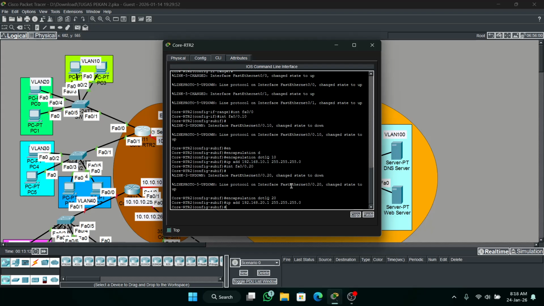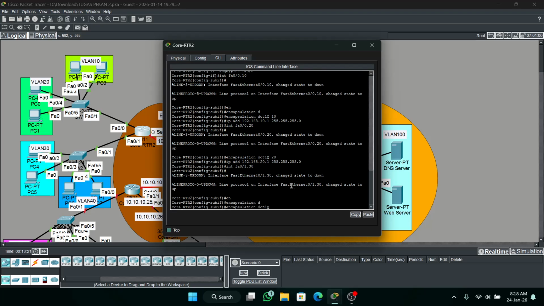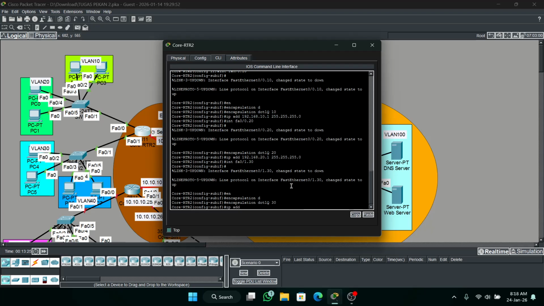Okay, next go to interface FastEthernet 0/1.30, encapsulation dot1q 30, then IP address and the subnet mask is /24.